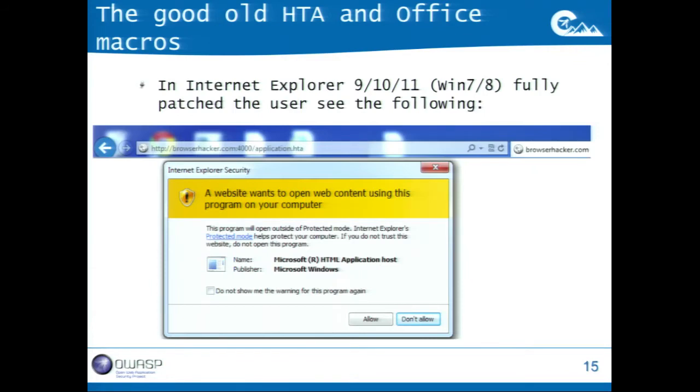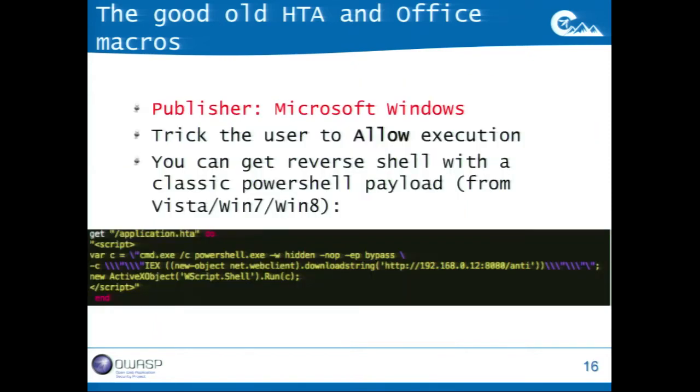This is actually the pop-up that the users see when you run the HTML application. As you can see, name and publisher is something that you can't modify. It's something that is working like this by default. So it's actually pretty interesting for social engineering purposes. Yeah, publisher Microsoft Windows. Instead of running a calc, obviously you can do something more clever, like running a PowerShell